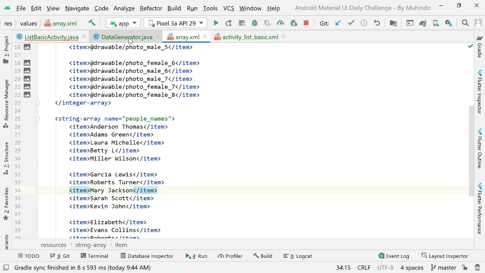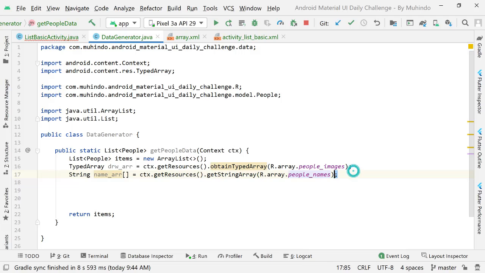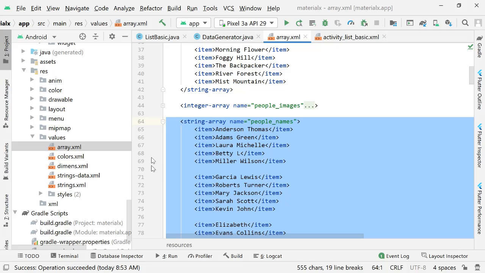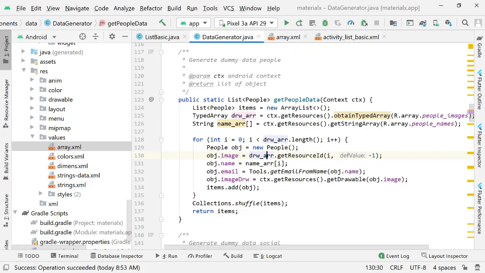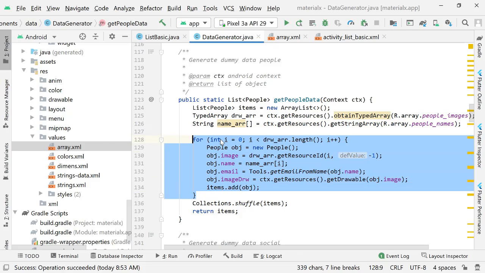If I come here to the data generator, you can see I now have an array of names. So it's now time to generate the data. Once you have the images and the names of people, now we're going to loop through and create and feed in the